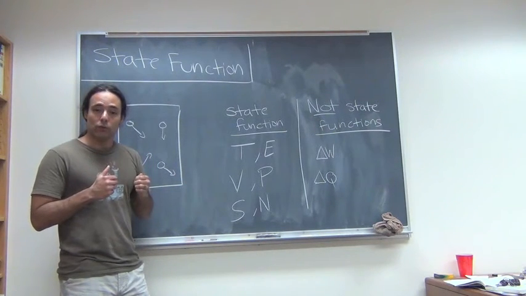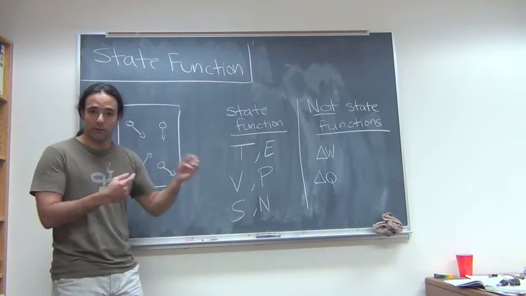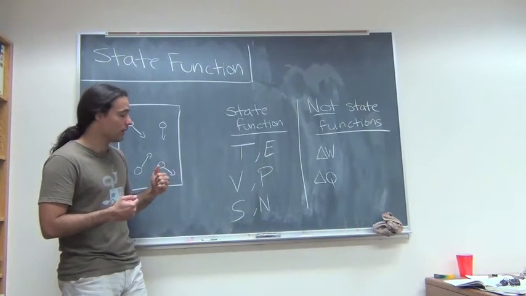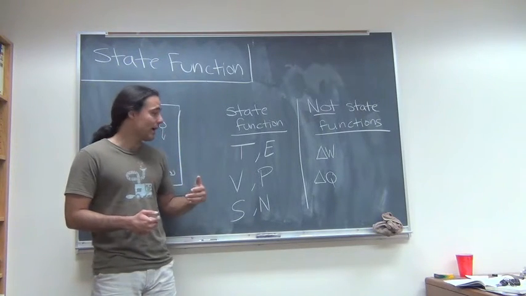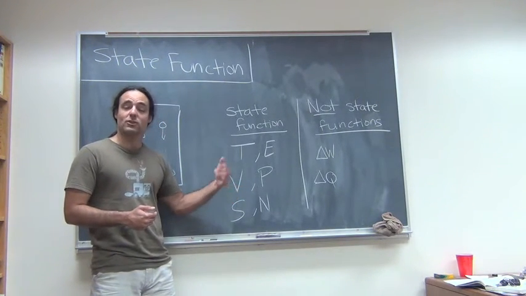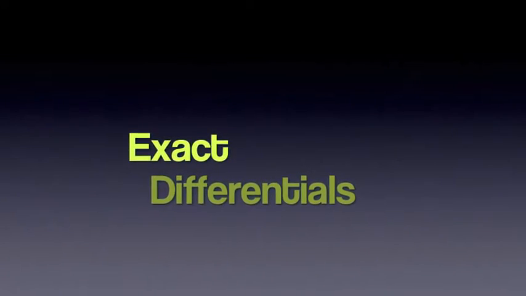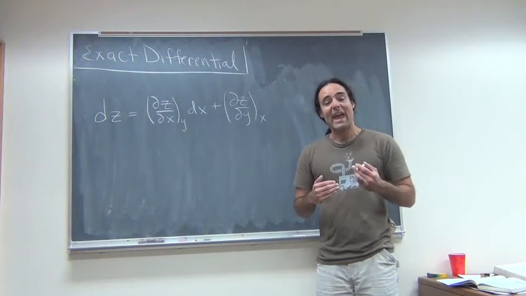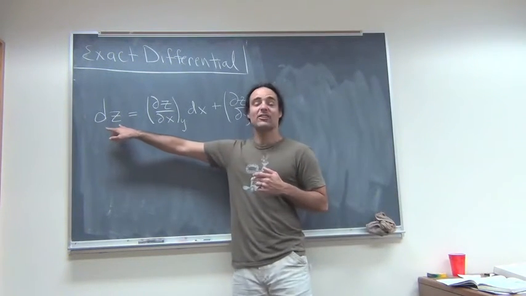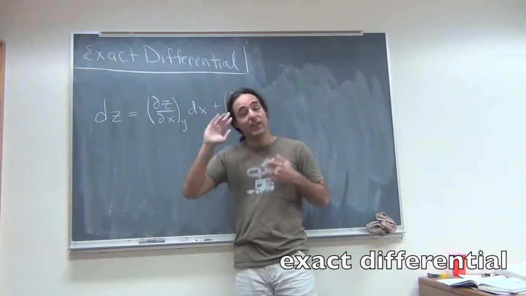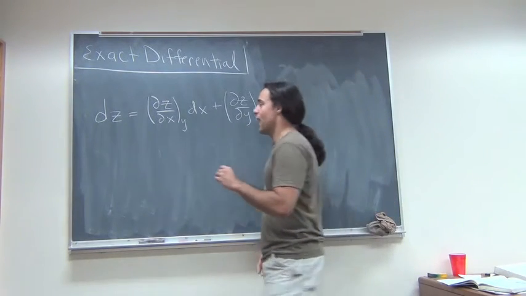Now, we can use that mathematical property that we talked about, relating the two different orders of the partial derivatives, and setting them equal to each other. We can use that to derive very useful properties. We can use that to derive equations of state, much like the ideal gas law for different materials. When I have a function that is a state function, we refer to its differential as an exact differential. Now, exact differentials have very nice mathematical properties. So let's try rewriting this exact differential